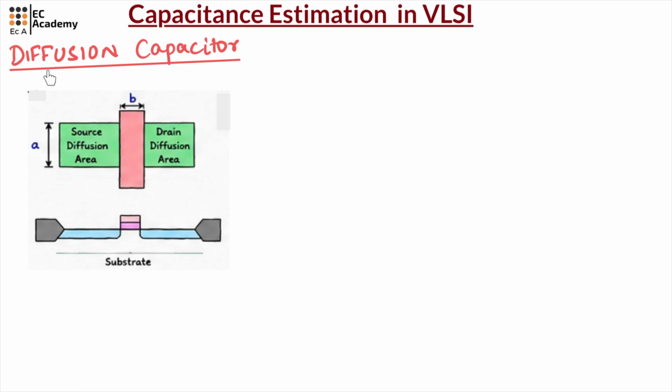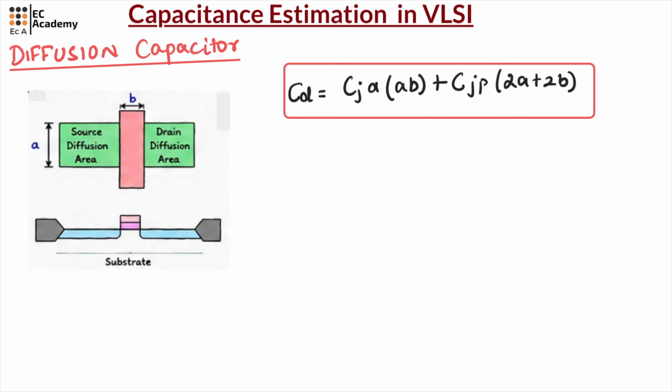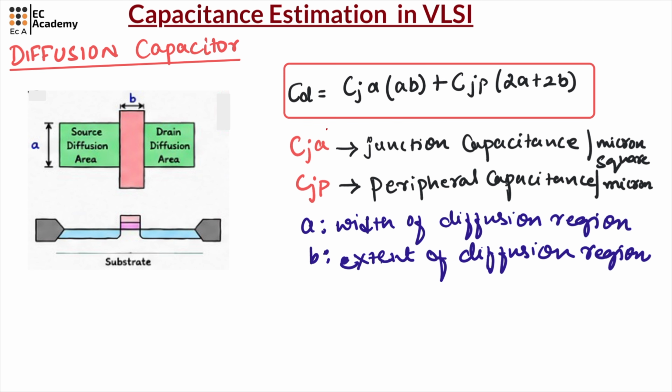Now, let us understand the second major capacitance, which is the diffusion capacitance. Now, look at the source and drain diffusion area. These diffusion regions form a junction with the substrate. Because of these junctions, we get junction capacitance. The diffusion capacitance has two parts, area capacitance and peripheral capacitance. The formula can be written as CD is equal to CJA times AB plus CJP times (2A plus 2B), where